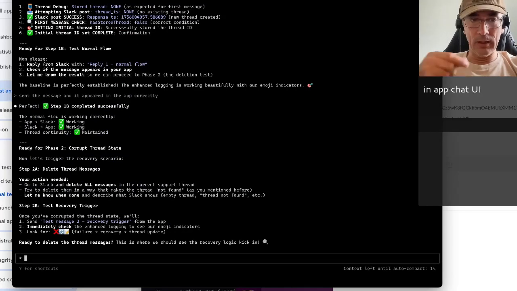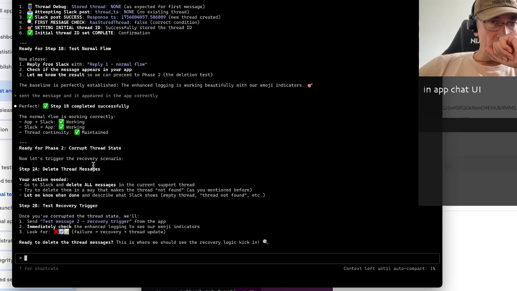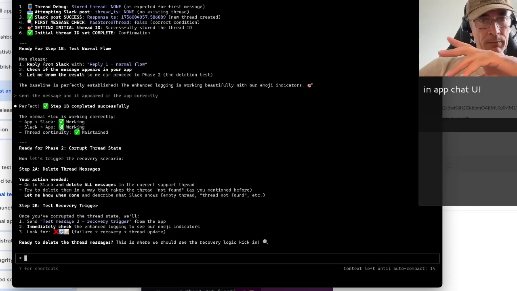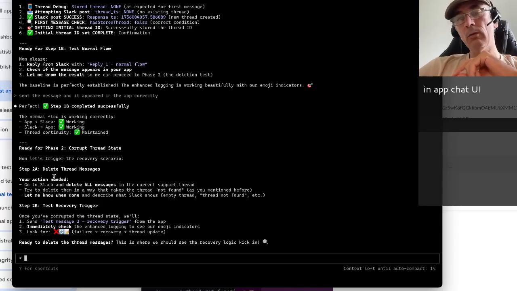This good coffee, like Americano. Perfect. Step 1B completed successfully. The normal flow is working correctly. Up to Slack working, Slack to app working, thread continuity maintained. Delete the thread. Okay, now what I want to do before that,